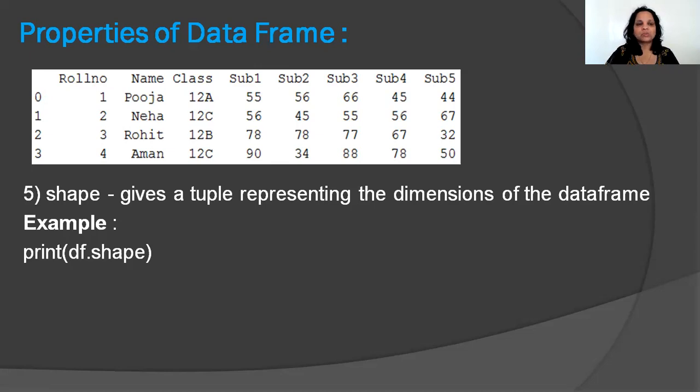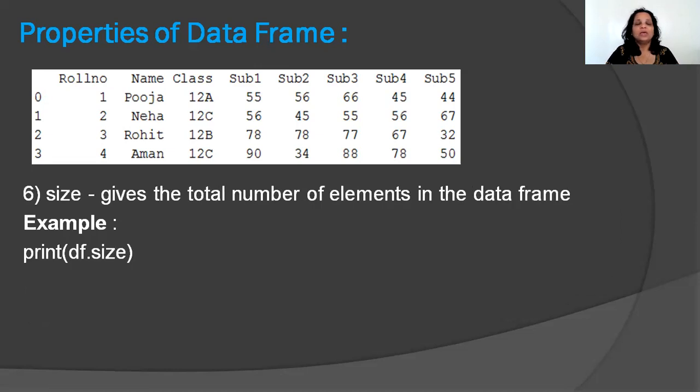So what do you expect to see when I write df.shape is 4,8. Mind you, what does df stand for? df stands for a data frame that you have created and stored in a variable called df. Okay. So I'm not showing you the creation part. We have already learned the creation of data frames, whether it's from a CSV file, whether it's from a dictionary or a list or whatever. Okay, so the shape attribute is going to give you the number of rows followed by how many columns there are.